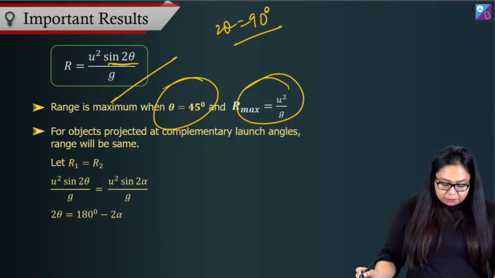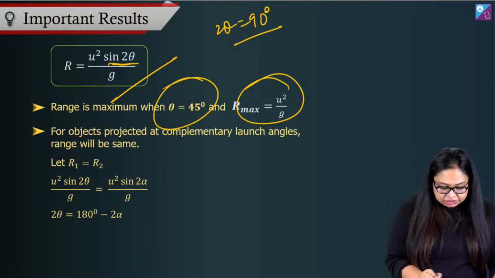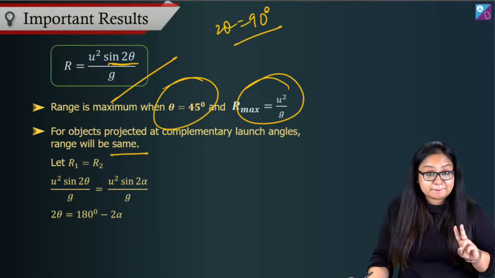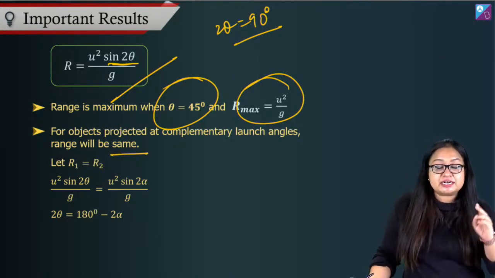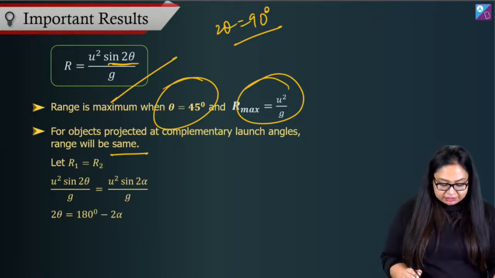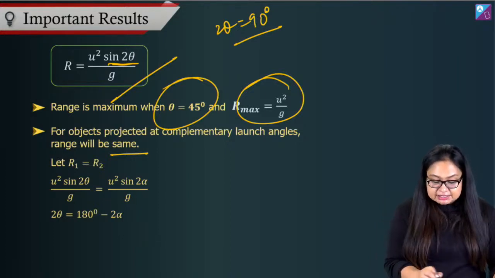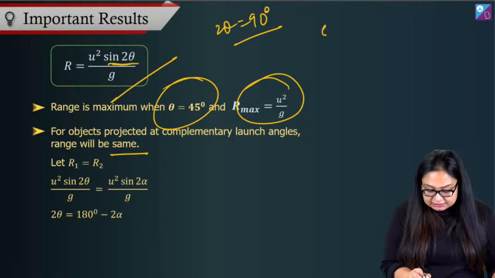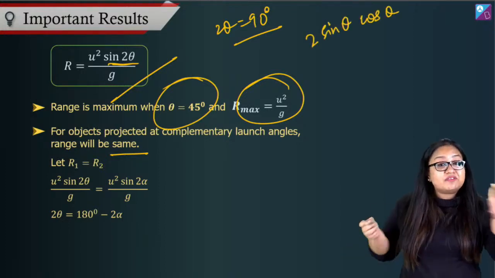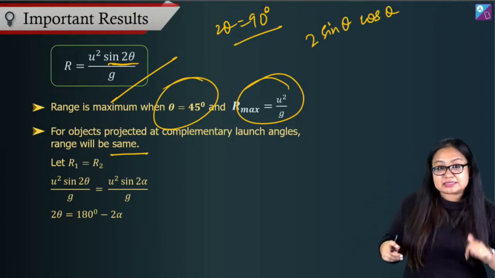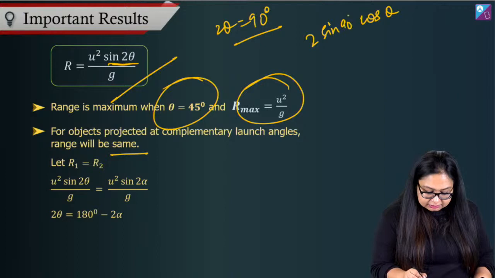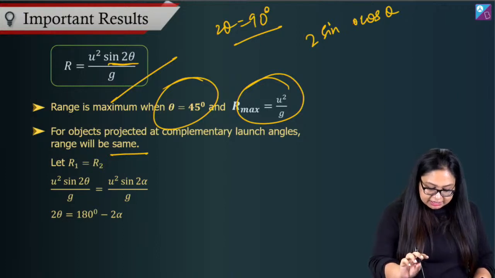Now, for objects projected at complementary launch angles, range will be the same, right? The second thing: if we have objects projected at complementary angles, why? Because if we talk about range, then sine 2 theta is nothing but 2 times sine theta cos theta, right? Now, if I replace theta with 90 minus theta over here,